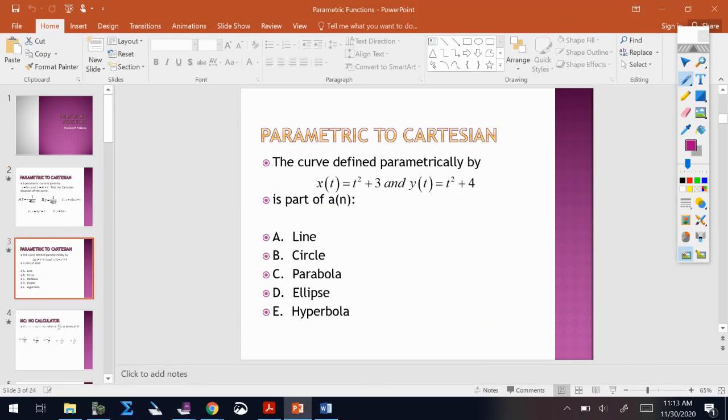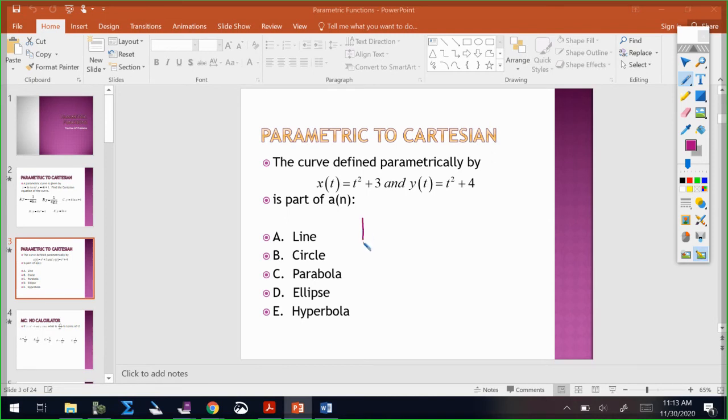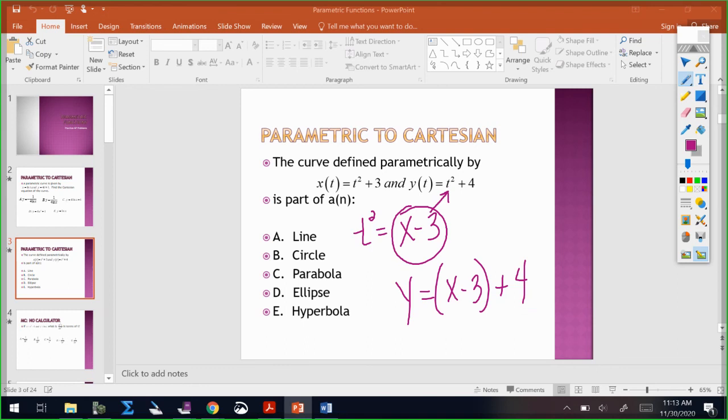I've got one more. This one wanted to know what this curve would look like. And this is one where if you don't have a calculator, then you have to be reliant on switching it to Cartesian form. So for this one, I'm going to solve the x equation for t squared. So t squared is equal to x minus 3. And then I'm going to put that right here. So I'm going to have y equals x minus 3 plus 4. So I have y equal to x plus 1,